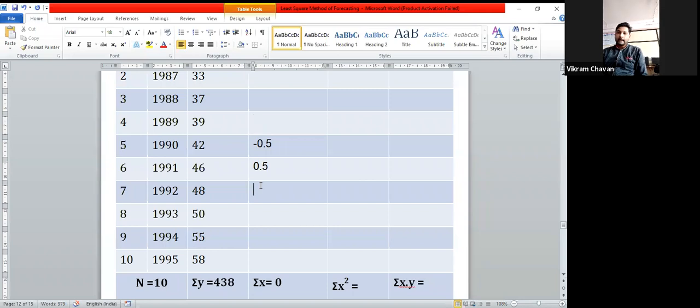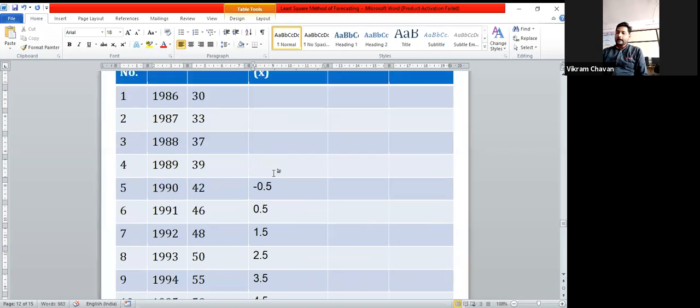-0.5. Then further you have to provide the deviation by adding +1 on either side. So for the year 1992 we can provide the deviation as 1.5, by adding 1. For 93, 2.5, for 94, 3.5, and for 95, 4.5. And on the opposite side you have to add -1 for each period. So -0.5 plus -1 is nothing but -1.5, -2.5, -3.5,